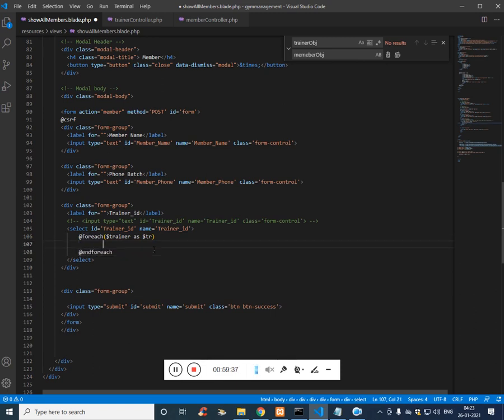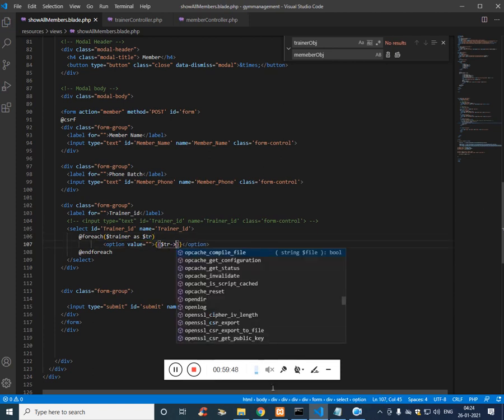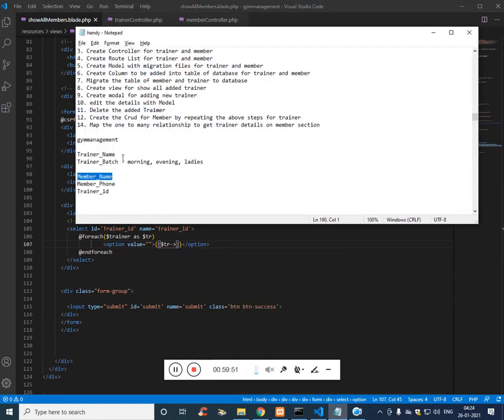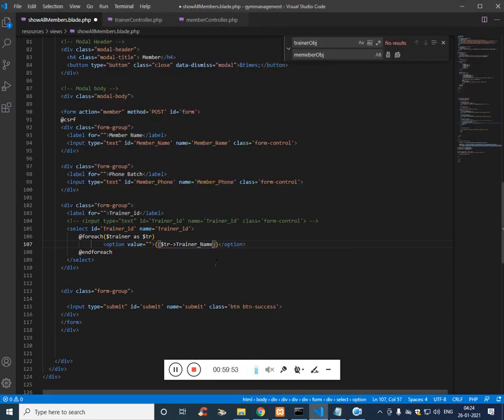And now we have to use option, and here we have to use the trainer name, which is the column, and on the value we have to use the ID.